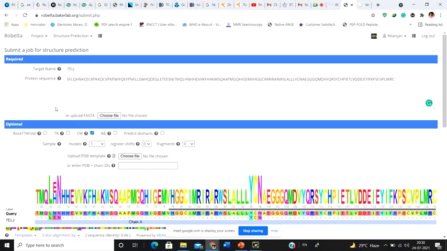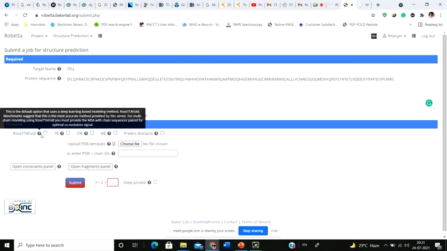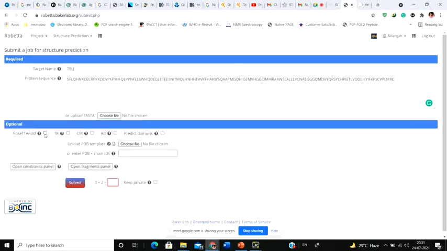It remembers the outcome of all the servers, and how people are responding to these queries. It remembers everything and then uses this information to predict your structure. So this Rosetta fold is actually the best method currently to solve your structure.